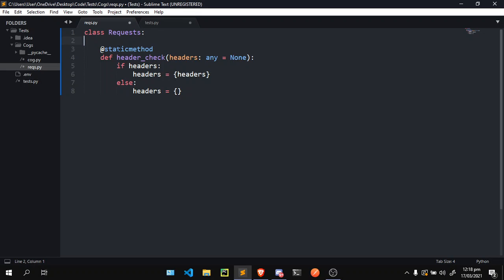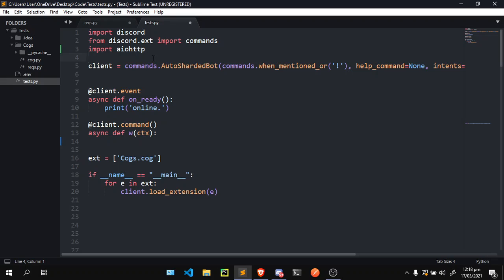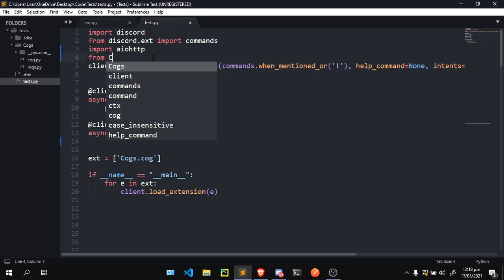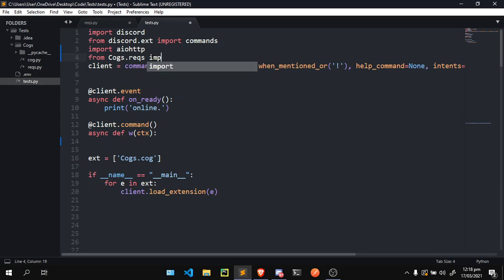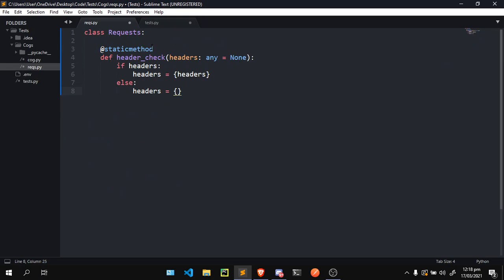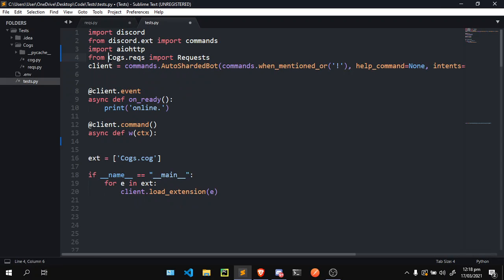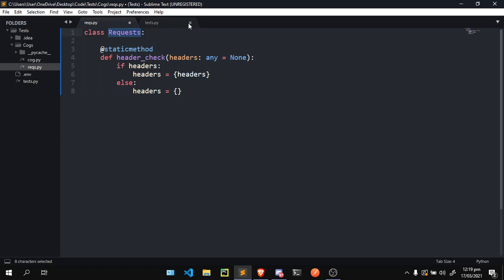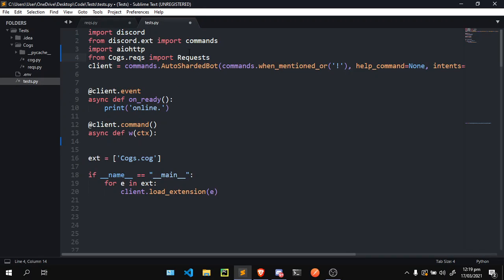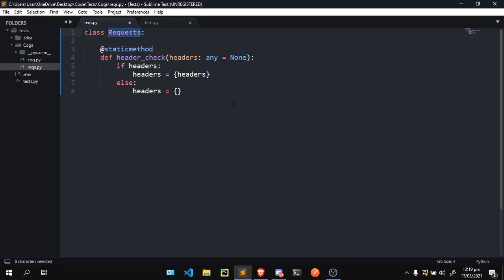You can just import this class like this, from cogs.rex import requests. Bam, you have your thing going for you. Just import the class from the file. That's really all there is to it. But yeah, so there's our check. We're gonna also do a static method